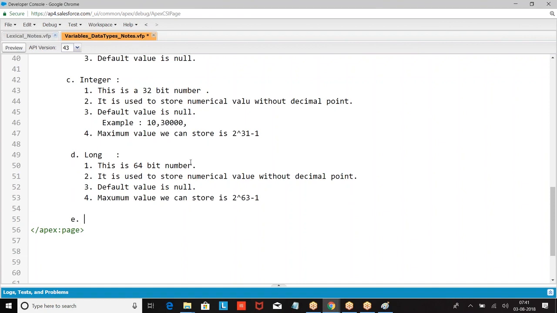Then after Long, we have Decimal. What is Decimal? It is a 32-bit number.